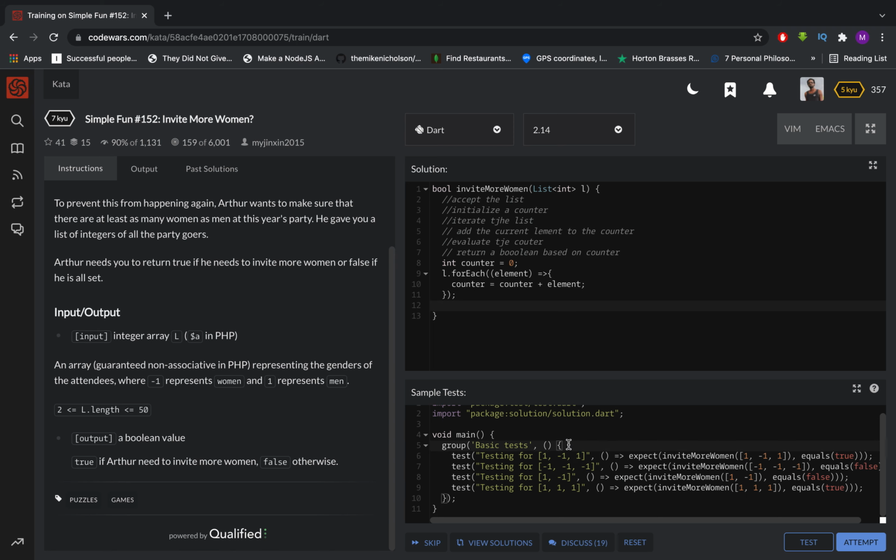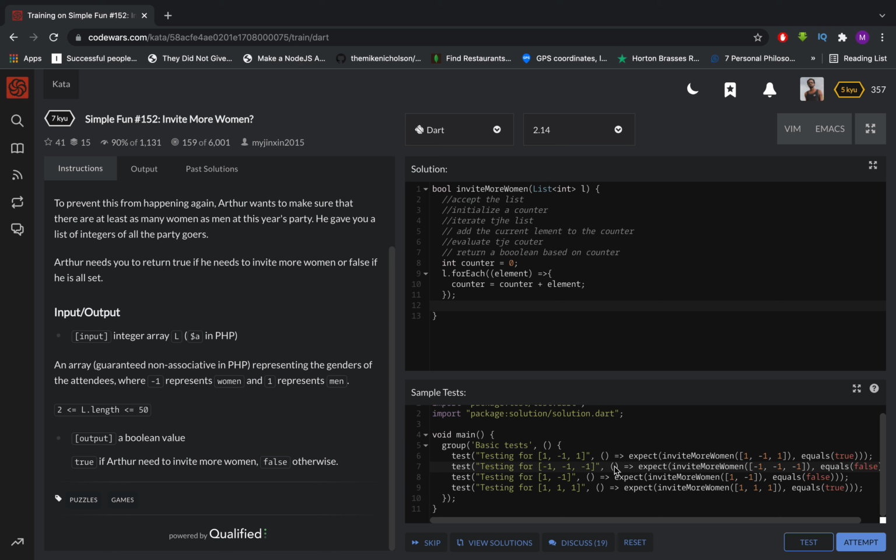Let me come back to this example. In the first example here, the first one will be 1. So we add -1 and we add another 1. So 1 plus -1 is 0. 0 plus 1 is 1. So 1, which means that there's one